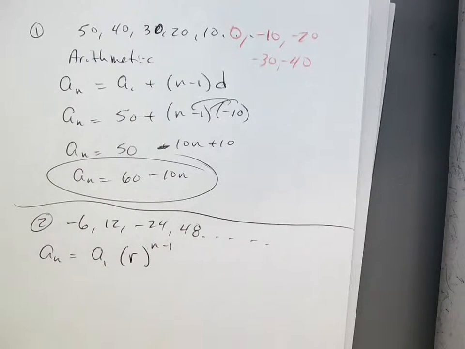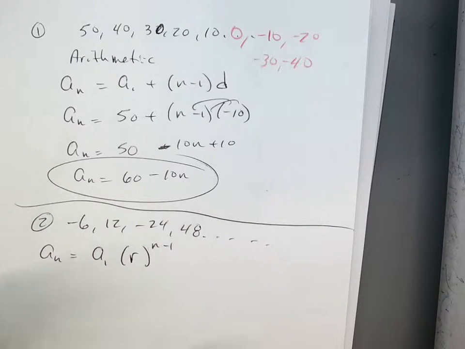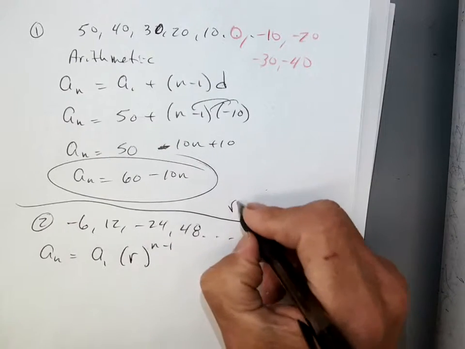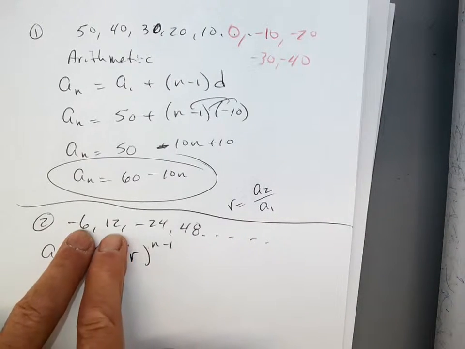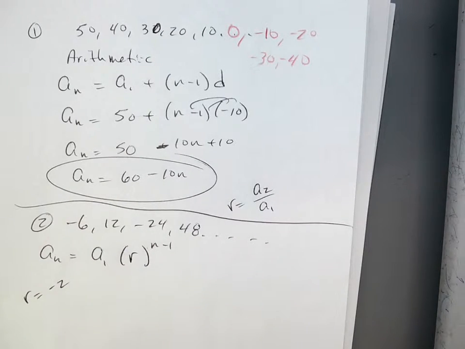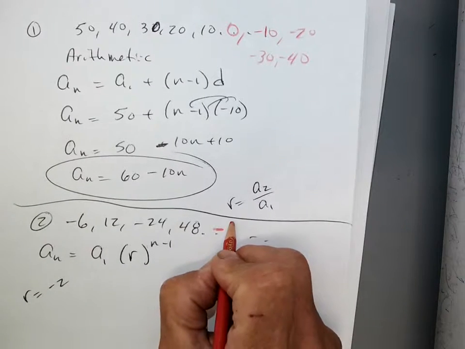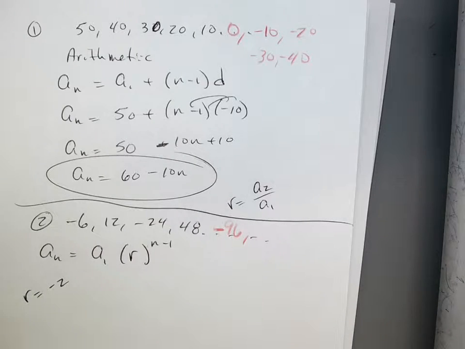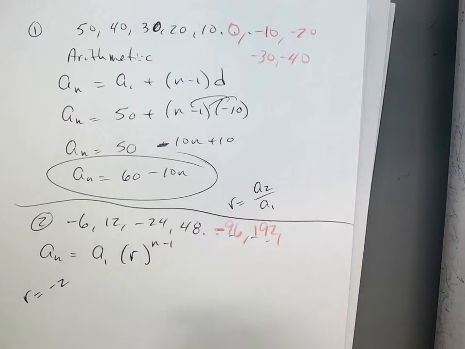Okay, good. Looks to me like I'm multiplying by negative 2, doesn't it? Now if you have a hard time finding r, it is always equal to a2 divided by a1. So 12 divided by negative 6 is obviously negative 2. So r has to be negative 2. Okay, so let's make the next terms. 48 times negative 2 is negative 96. Then times negative 2, and I get a positive 192. Times negative 2, negative